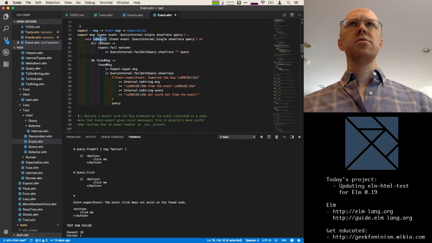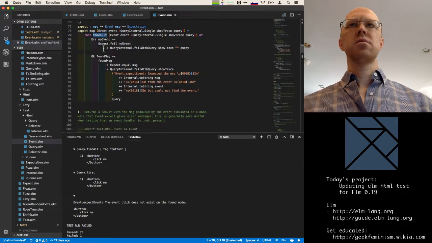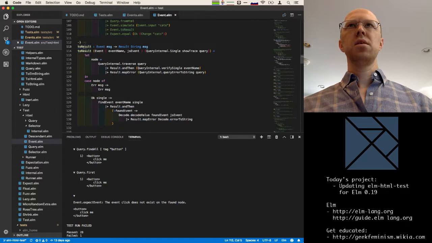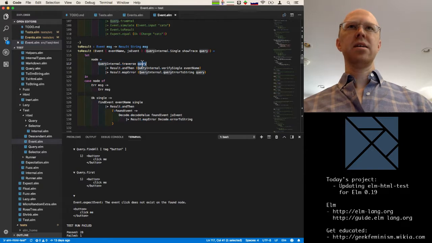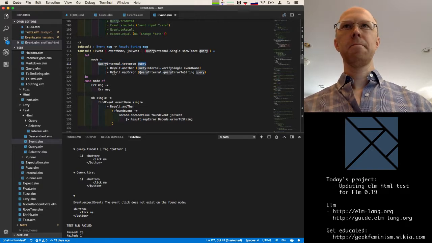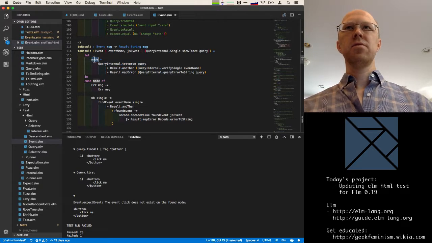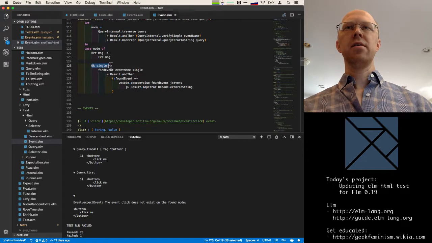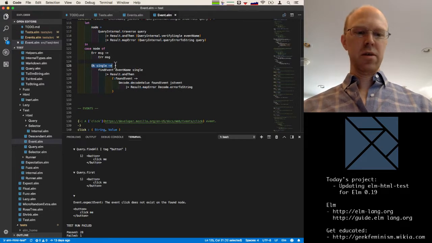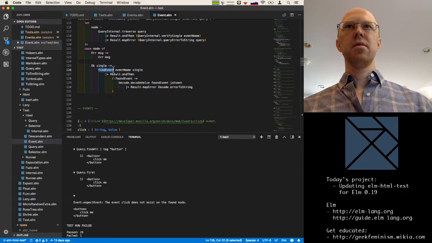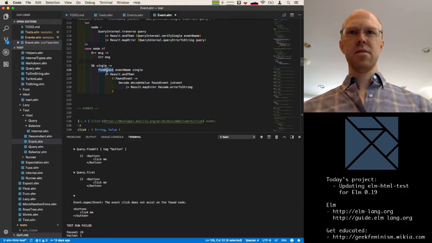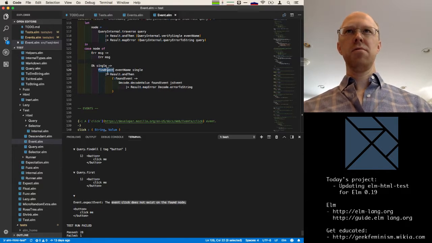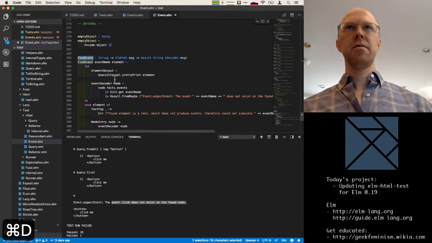So we're calling toResult. So it must be in here that it's running the query. Okay, so here's where it seems to actually execute the query. It looks for the node. Okay, if it finds a node that matched the query that we've built up, then it calls find event. Okay, so I'm gonna guess that this error message is probably coming from within find event.